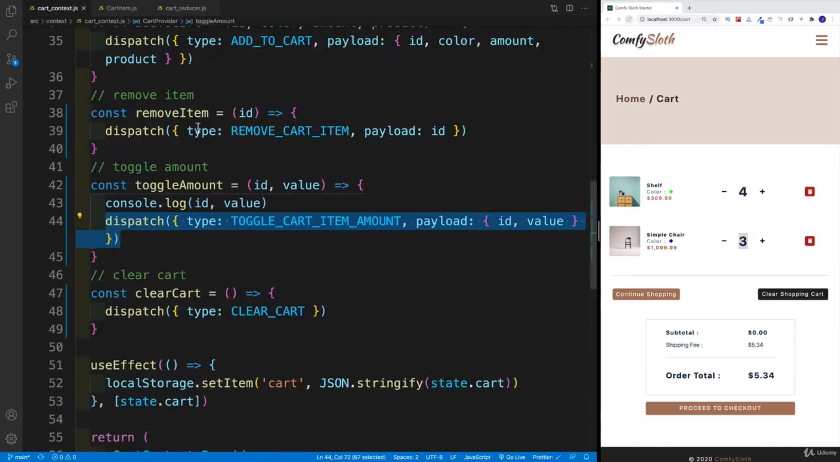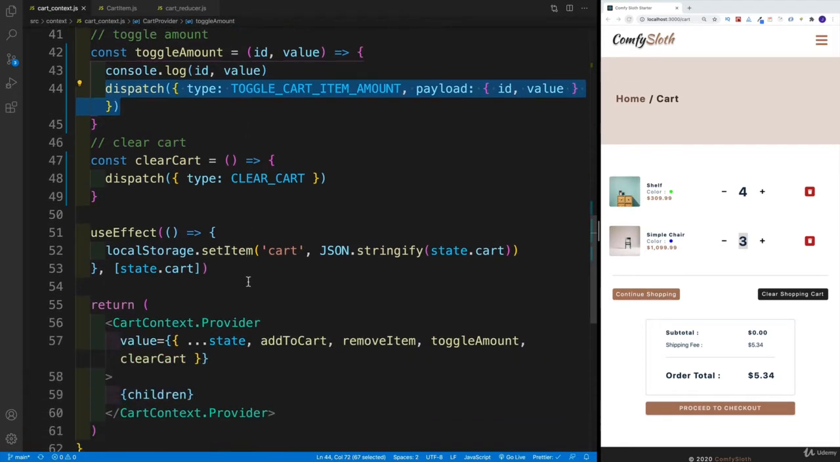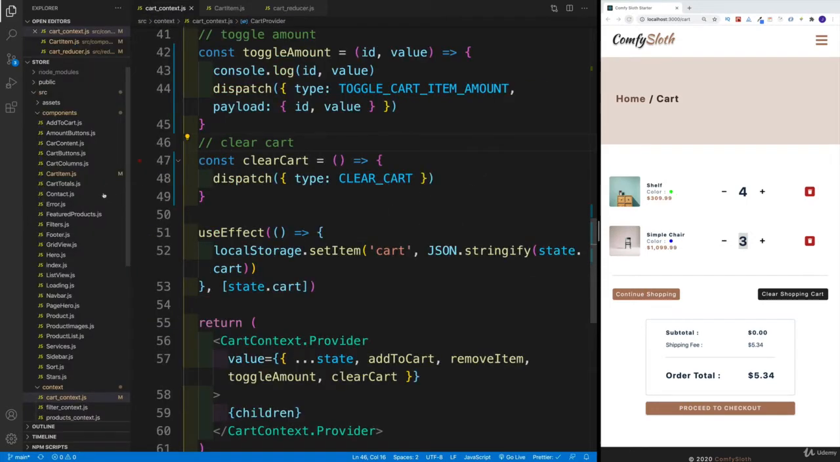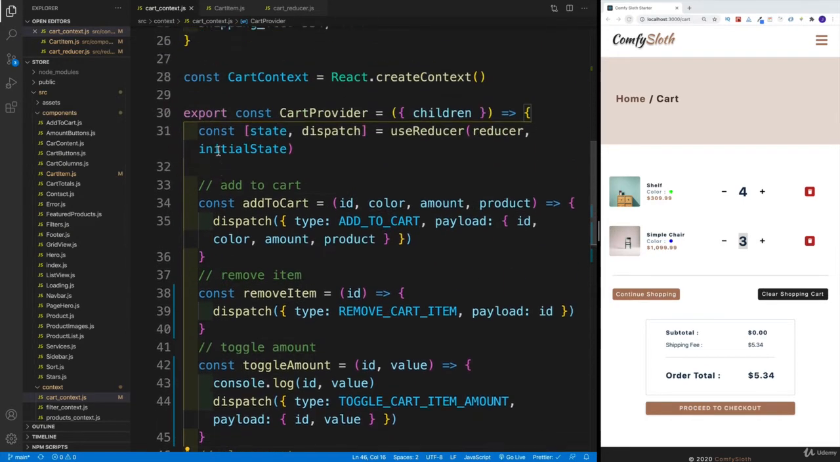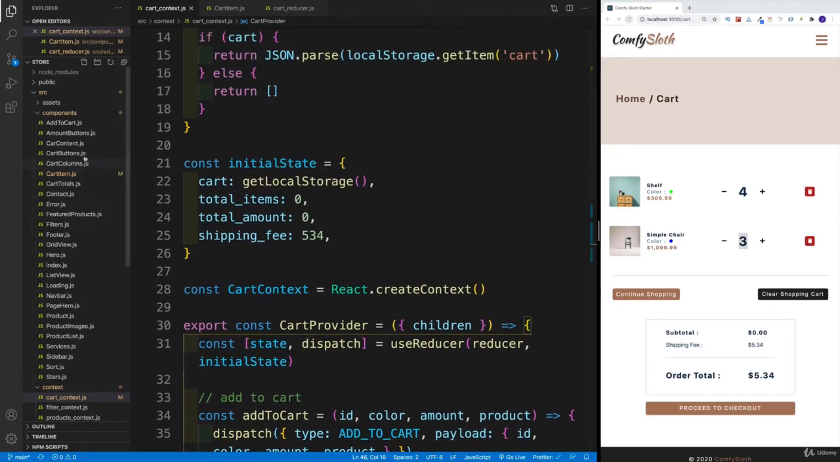Because if we take a look at the cart context, we were setting up our cart every time the cart changed in the local storage. So we just need to piggyback this dispatch here as well. Now, before I set this up, I also would want to add the amount, so the state value, to my